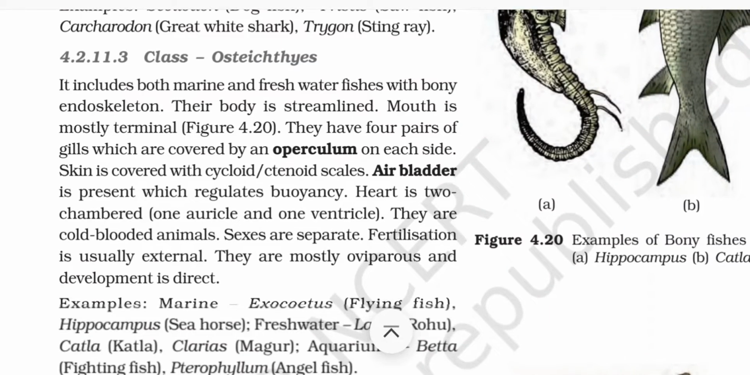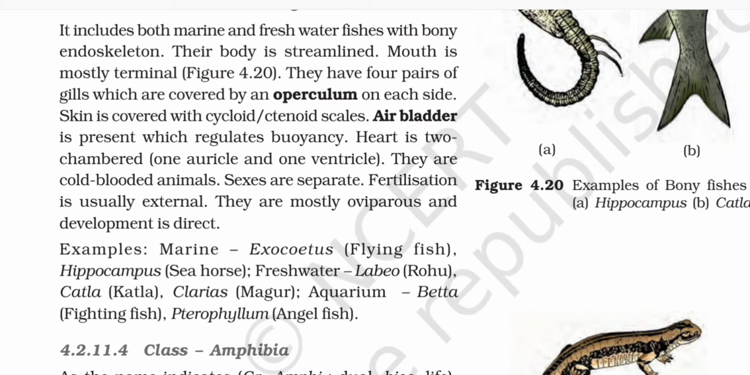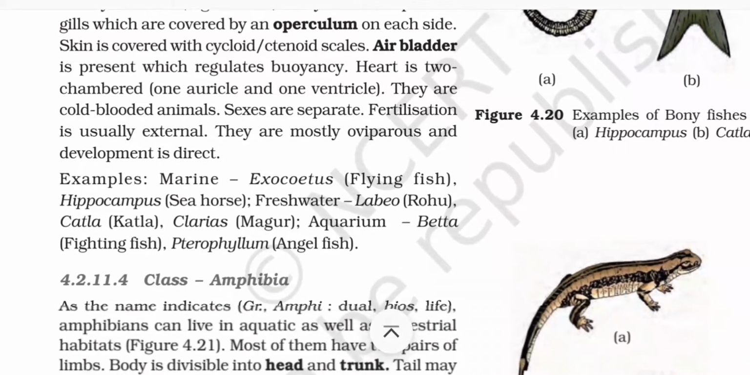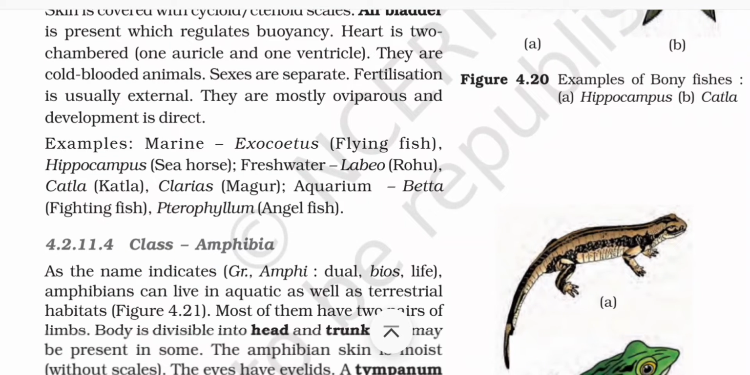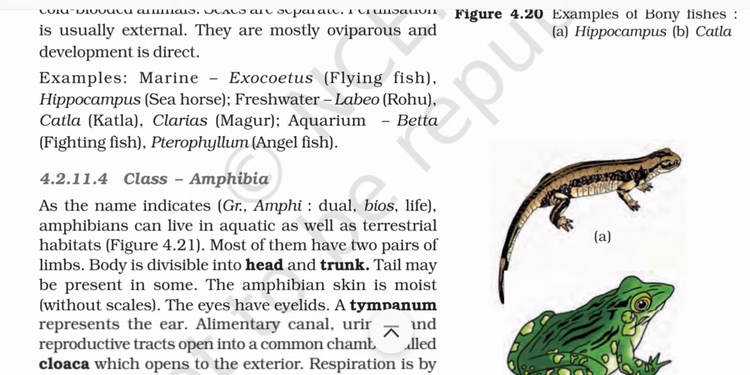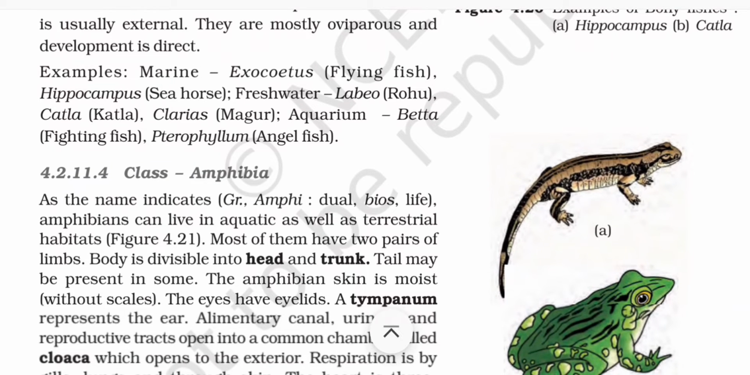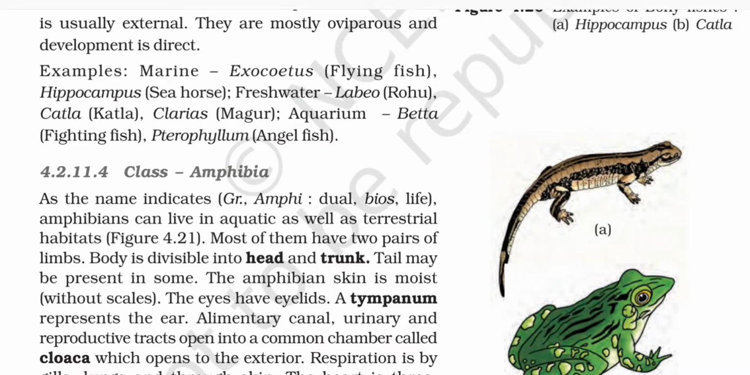Class Osteichthyes. It includes both marine and freshwater fishes with bony endoskeleton. The body is streamlined, mouth is mostly terminal. They have 4 pairs of gills which are covered by operculum on each side. Skin is covered with cycloid and ctenoid scales. An air bladder is present which regulates buoyancy. Heart is two-chambered, one auricle and one ventricle. They are cold-blooded animals. Sexes are separate. Fertilization is usually external. They are mostly oviparous and development is direct. Example: marine Exocoetus, flying fish, Hippocampus, seahorse, freshwater Labeo, rohu, Catla, Clarias, aquarium Betta, that is fighting fish, Pterophyllum,